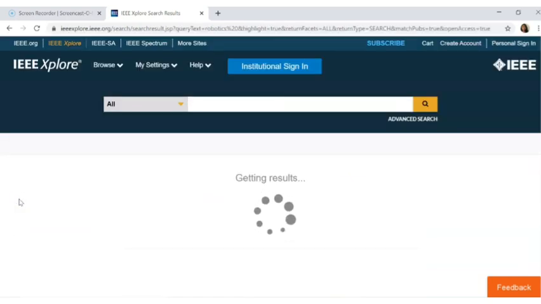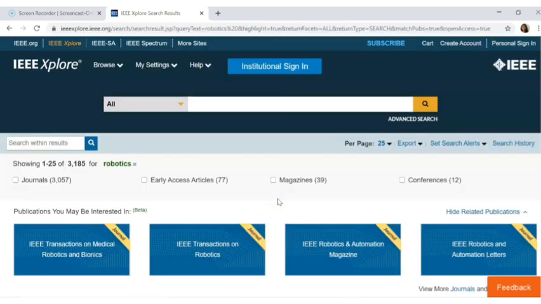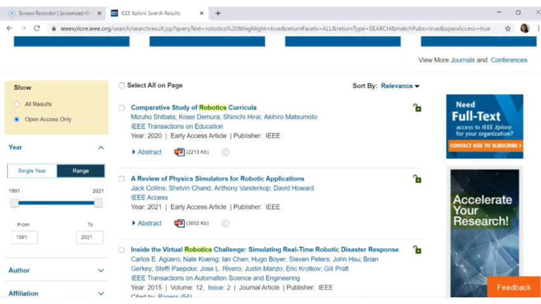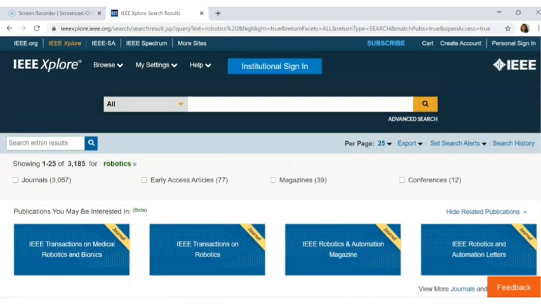Next, going for open access only. Now you can see the papers which are openly available, meaning the complete paper will be available to you even if you have not created an account here, and even if you have not paid any payment. You can also see the year of publishing is 2021, 2020. Recent papers are also available for free. Without any payment, you can download the papers. Just like that, you can search for IEEE papers here in IEEE Xplore.